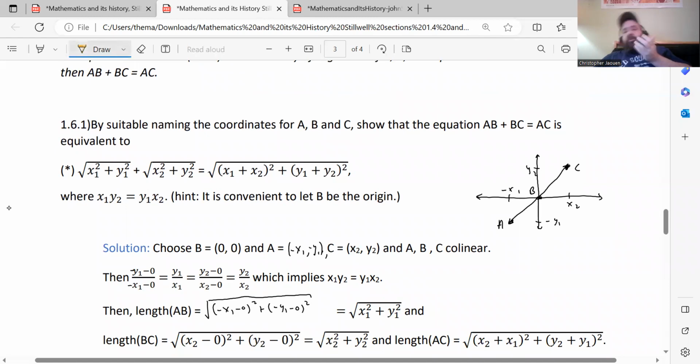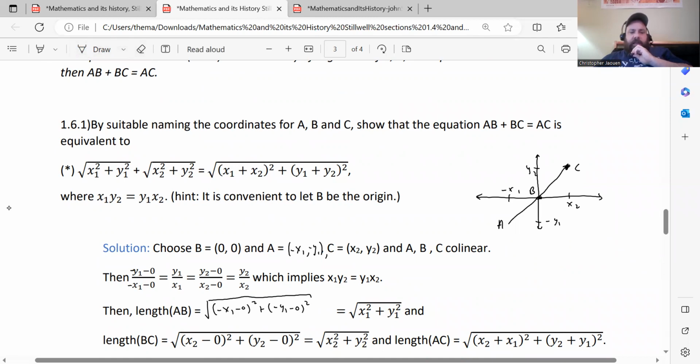Now you get to choose your coordinate system, so you can choose whatever you want to be the origin. So here, if we choose B to be the origin, and we look at these 3 collinear points, A, B, C, that go in this direction. So A first, then B second, then C third. A has coordinates